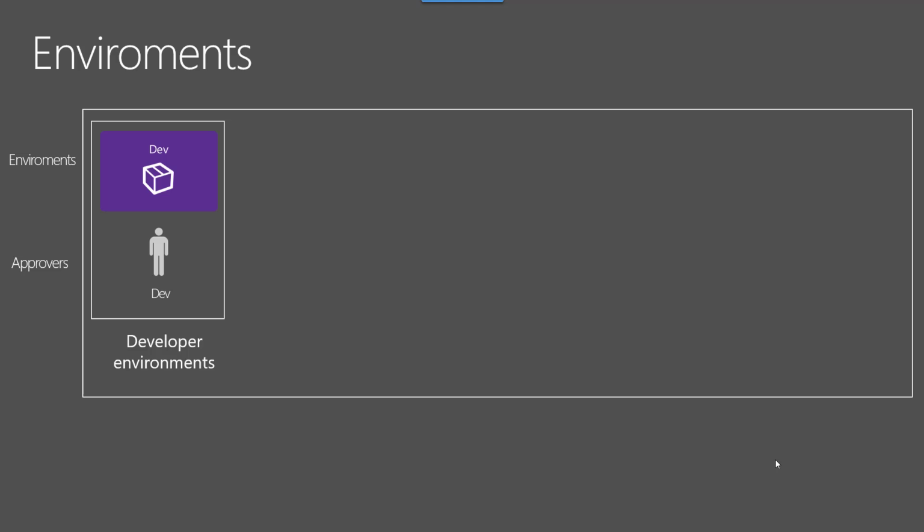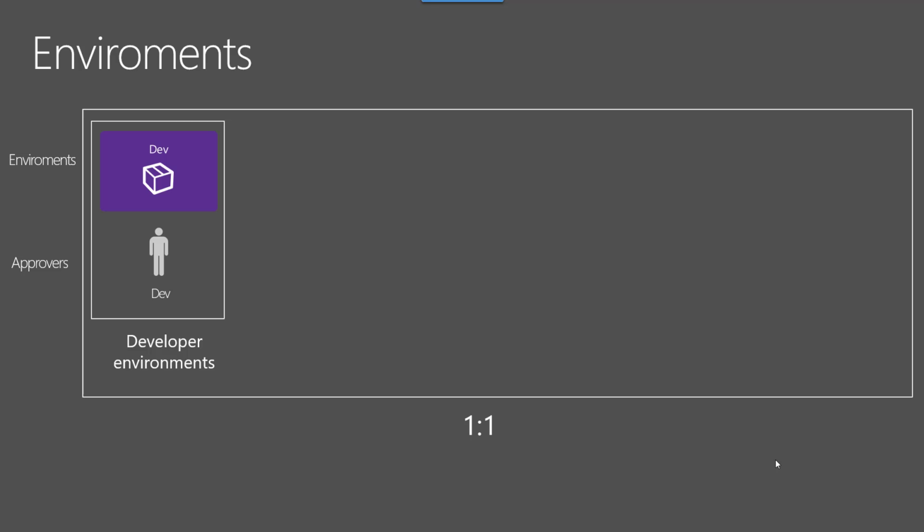We have two approaches here. The first is to consider each developer machine as a developer environment, or in some cases, it may require having a development server. The main point is that if it is required to have a development server, don't make it a bottleneck, because this is the last step before moving to the next stage.